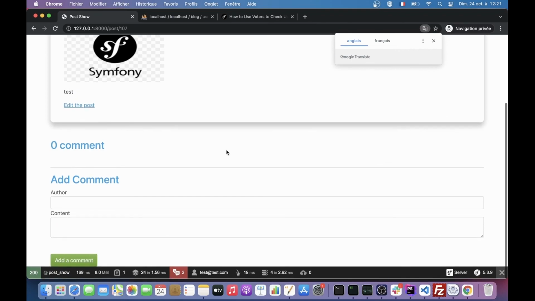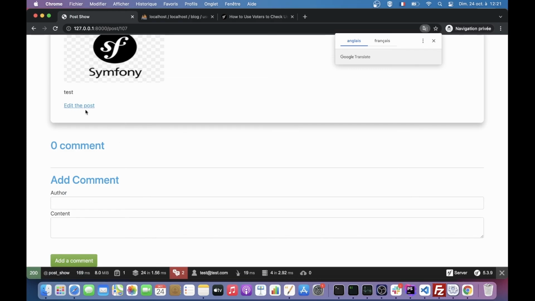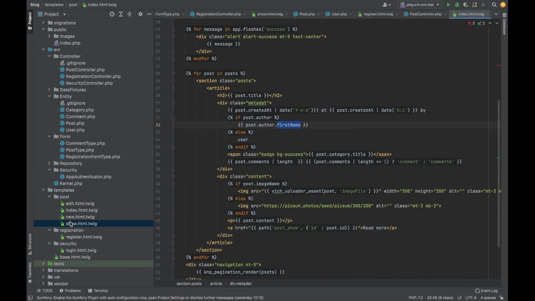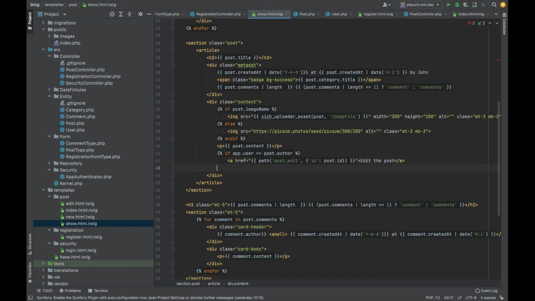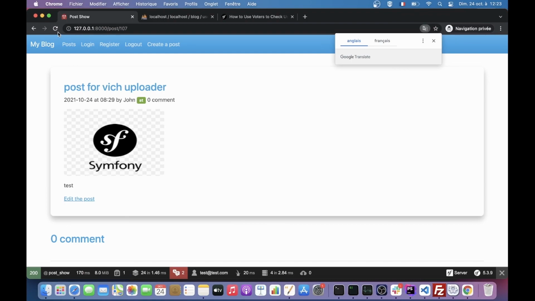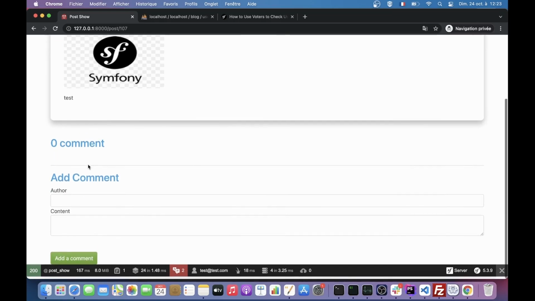If I go to details, now I have to say that a user has the right to edit only his own posts. So I have to go to show.html.twig. If the current user, app user, is the same as the post author, so I will display the edit post button. Then I will make an if. So if I refresh here, because the current user didn't create this post, we don't have the edit